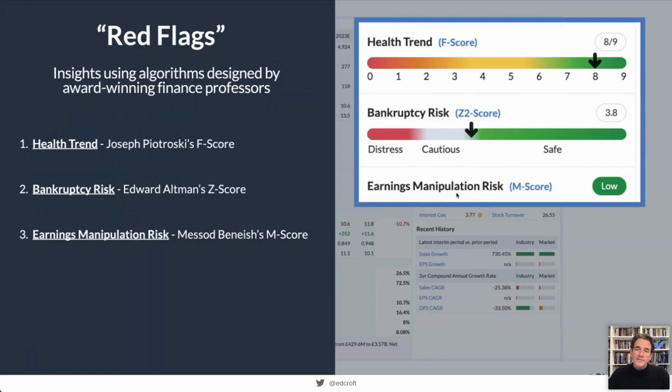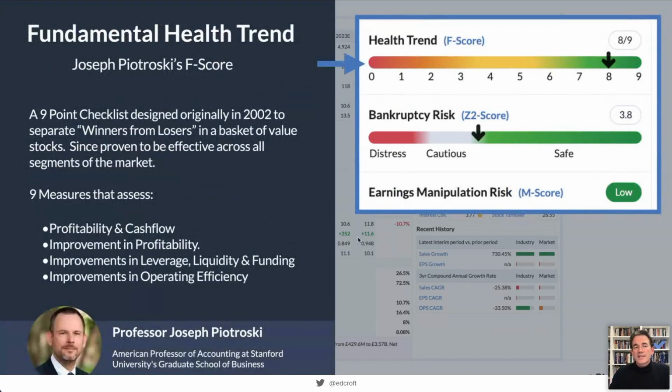So going one by one, the fundamental health trend, this is a 9-point checklist, and each of these rolls up into our quality rank. And this was originally designed in 2002 by Joseph Piotroski in a famous paper. And he used it to separate winners and losers in value shares. So if you are finding cheap shares, it's always good to look at the health trend here, the F score,